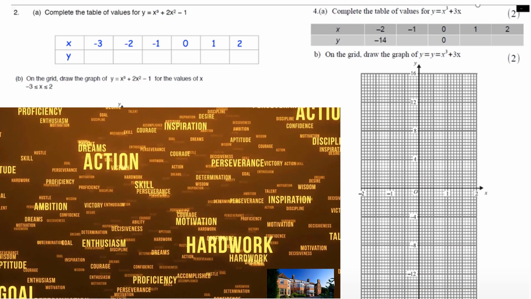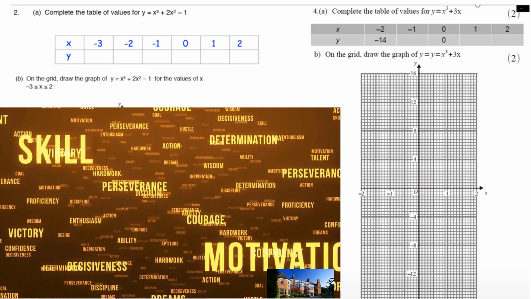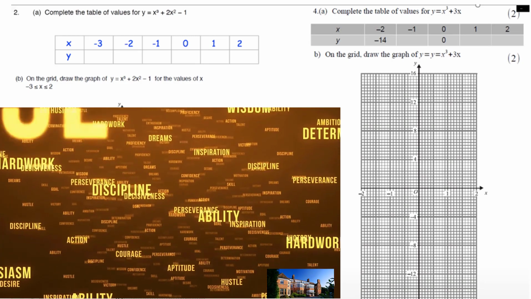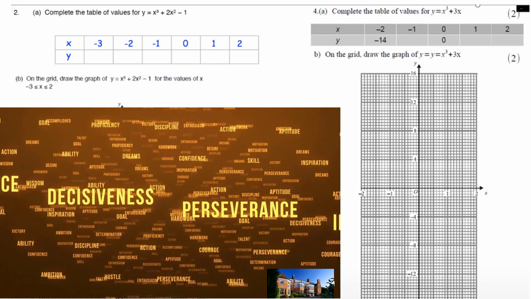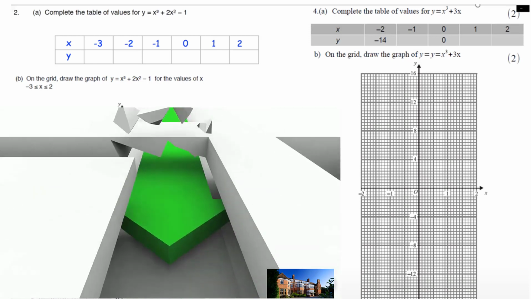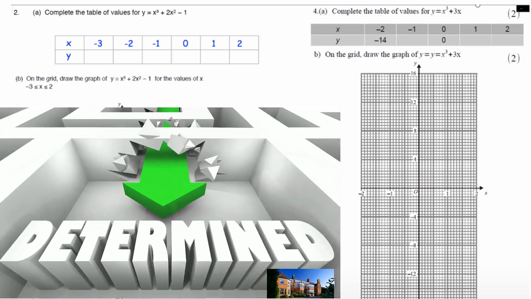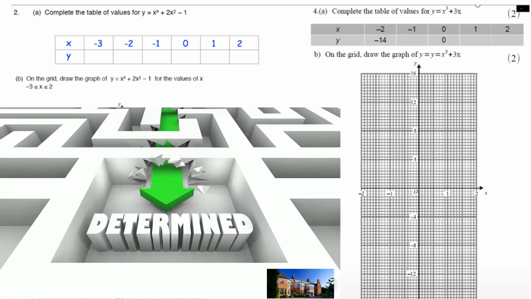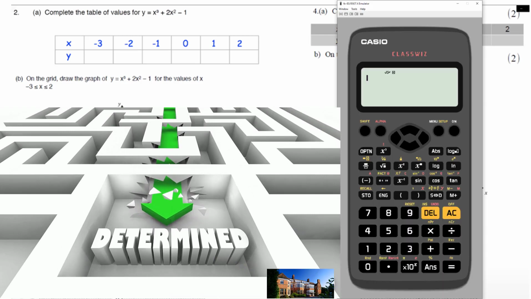Okay guys, I'm just going to show you a quick calculator hack so you can answer these questions on graphs and get full marks really easily, and later on I'll show you doing the exact same questions using substitution. So first step is get your calculator,